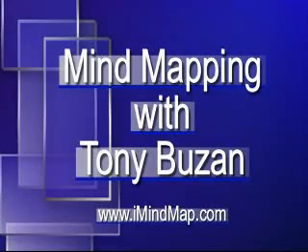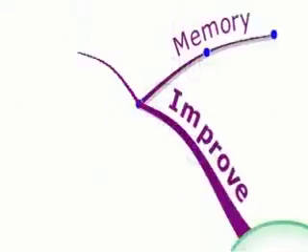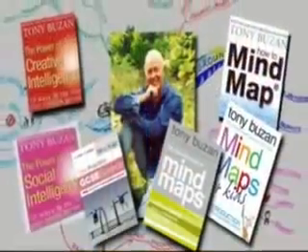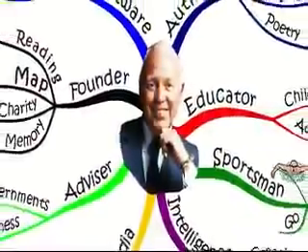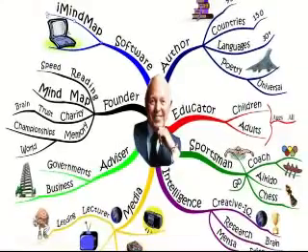Do you need to come up with brilliant ideas or find inspired solutions to any problem? Tony Buzan is the world's leading author and top lecturer on the brain and learning. He has changed the lives of over 250 million people with his revolutionary system of mind mapping. So, what is a mind map?